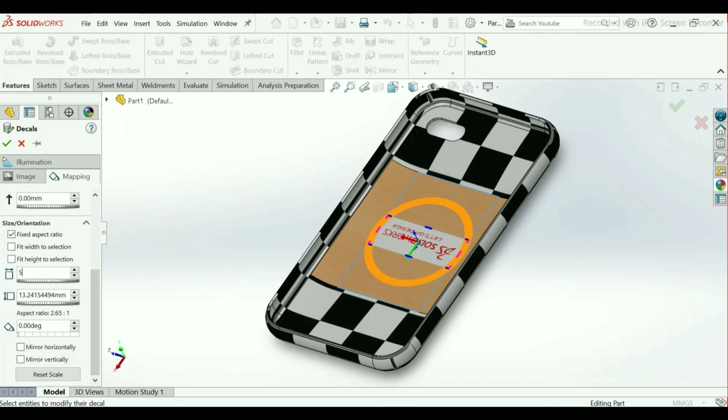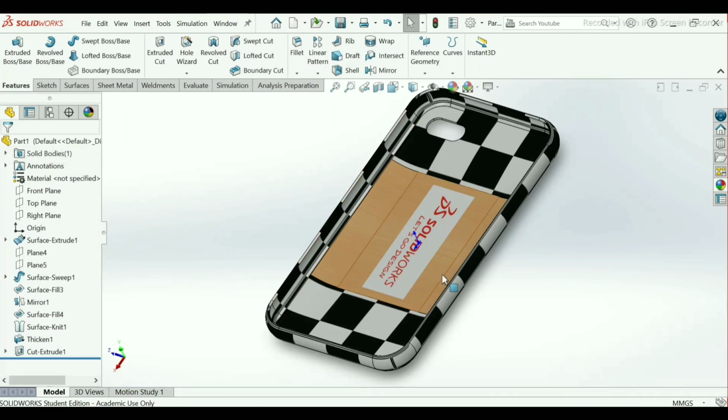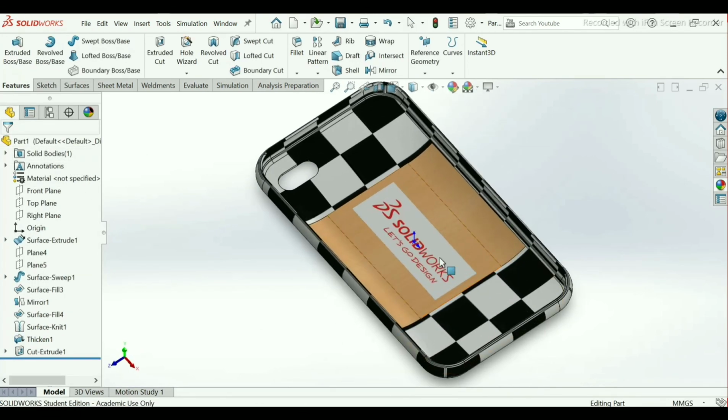Take here 50 mm and this will be 18, or you can change the angle. Go to 90 degree, take. See here our logo has been applied.